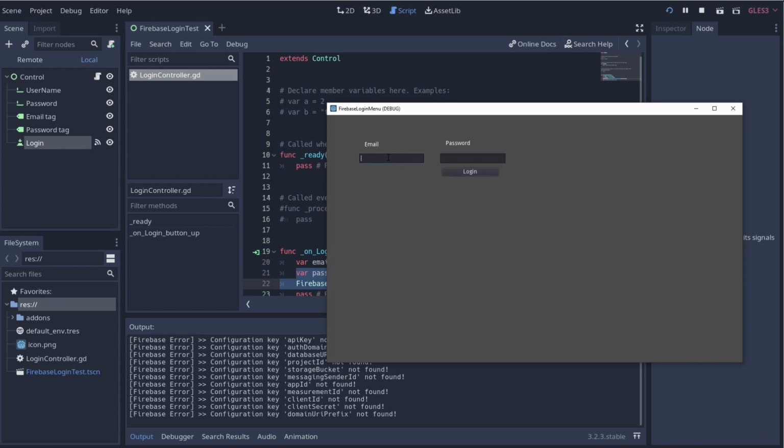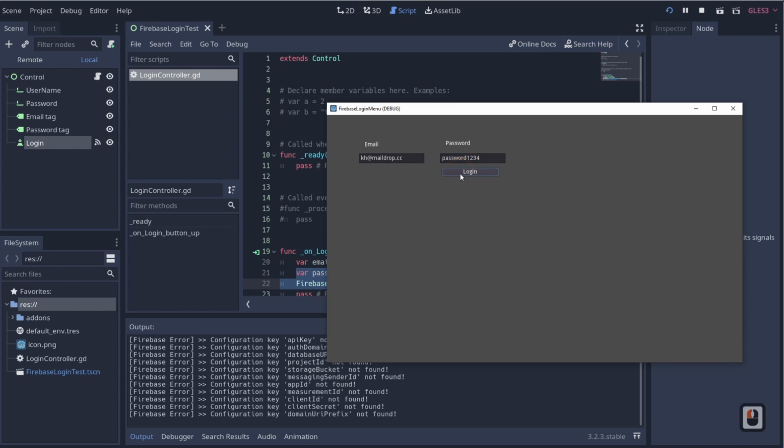So let me type in my email. Let's say kh@maildrop.cc, which if anyone doesn't know what MailDrop is, it's basically a place where you can make fake email addresses so that you can do testing like this, or if you want to sign up for something but don't want to give them your actual email address, MailDrop is great for that. So if we just say password